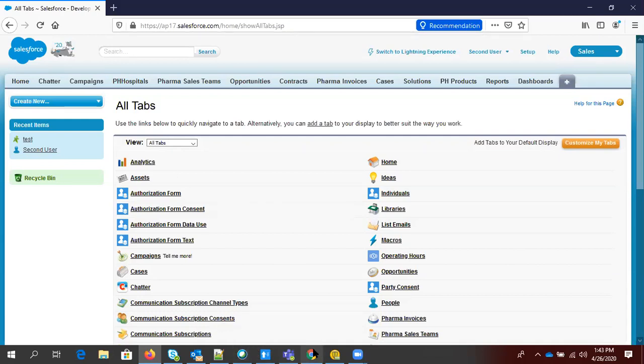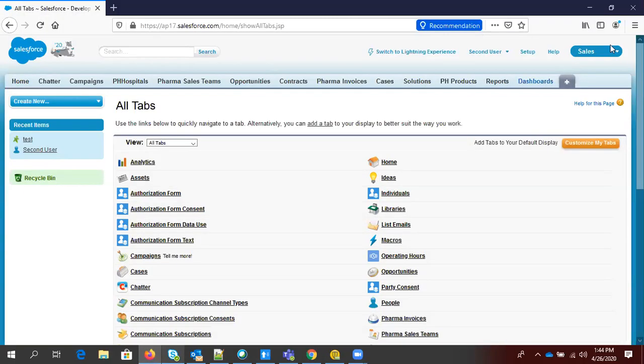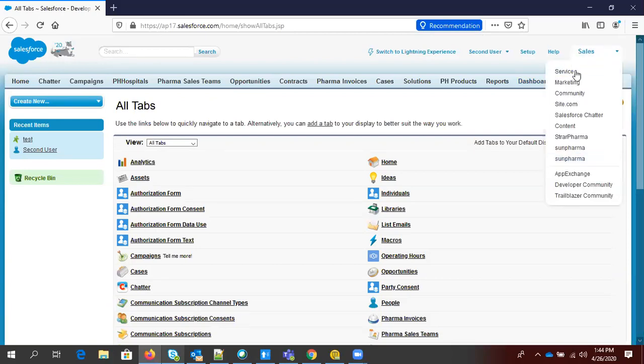So just go ahead. What we have in profile, and now application, right? So right now this particular profile has all the application access. As we have created, you can see here in the drop down, this particular user has all the access. We don't want to give any other access to this user. We just want to give the Star Pharma app access to this user, so that this user can only work on Star Pharma app, right? This particular user is related to Star Pharma app only.